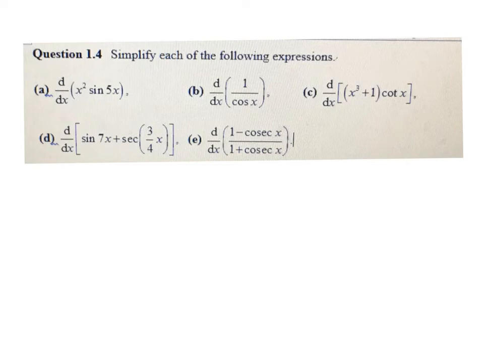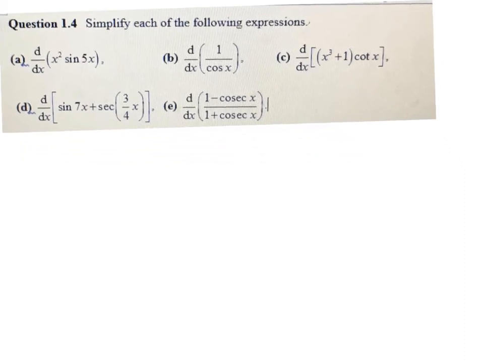So for question 1.4, we need to simplify the derivative expressions. A few prerequisites. Number one, you need to remember your quotient rule and product rule. Number two, you need to know how to use the chain rule in a derivative, to find the derivatives of a triple function. Then, first one, to differentiate x squared sine 5x, what we need to do is